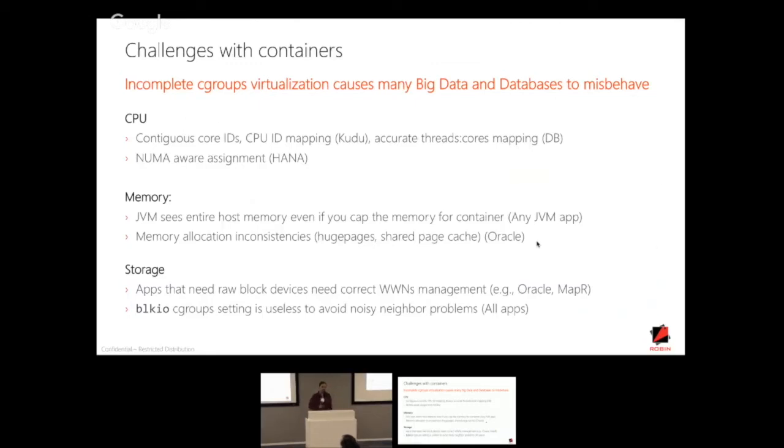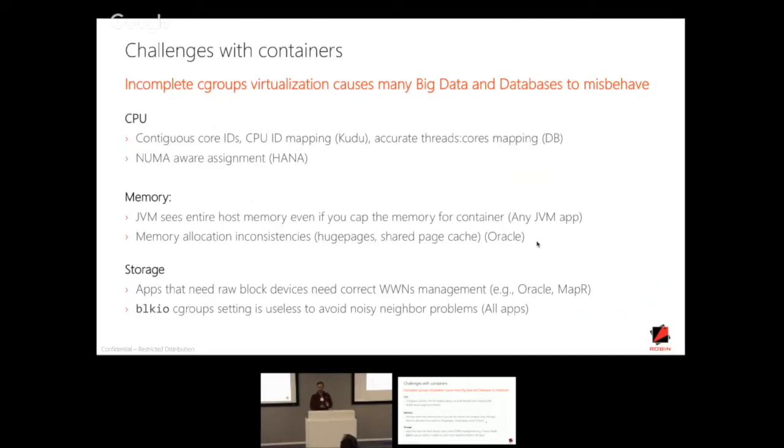If you have a quality of service enforcement, it can be done on a per volume basis. Any containerized solution will allow you to do that. But if you talk about a data node, it is actually managing multiple volumes. It's not a single volume. So what we have realized is that the QoS enforcement has to be done at a data node level, not just a single volume level.